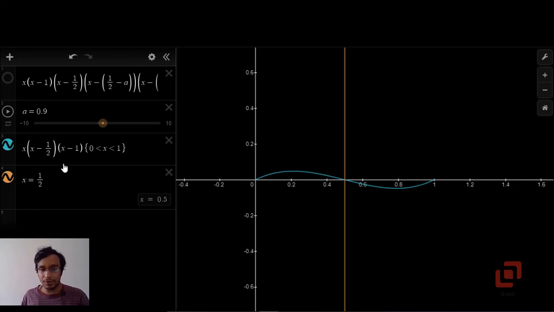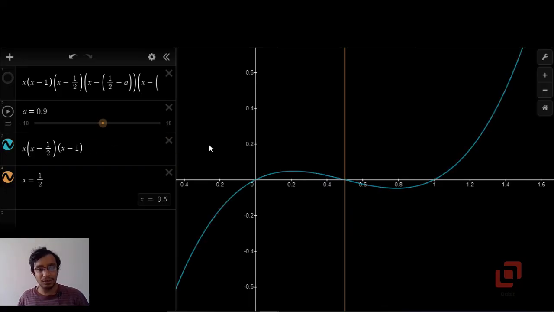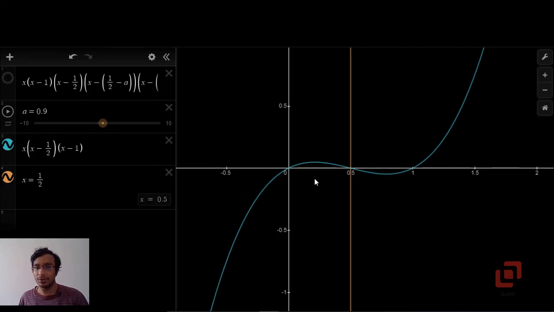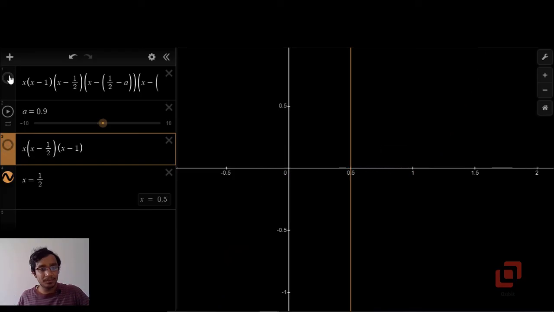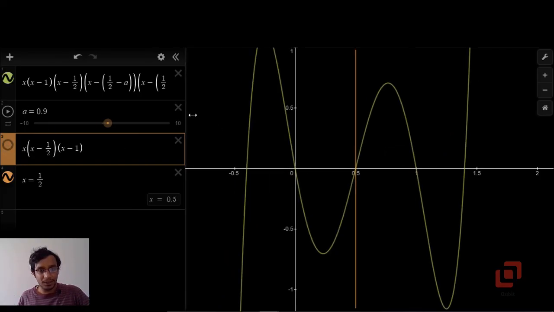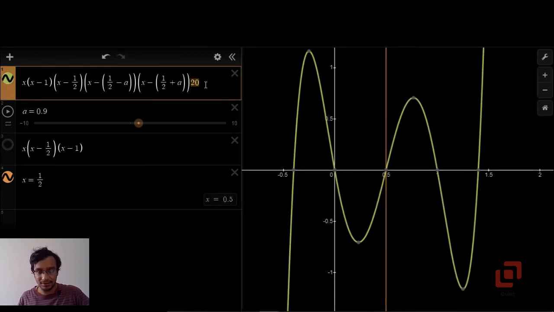What we should now look for is, can our polynomial have all its roots in the interval? For example, if I were to exclude this, then for this cubic polynomial our function has only 3 roots and all of them belong to the interval 0 to 1: 0, 1 upon 2 and 1. But if we consider this particular polynomial, now I've added this scaling factor. If you don't add it, then the curve looks flatter, but that's fine. That is not going to change the location of the roots.